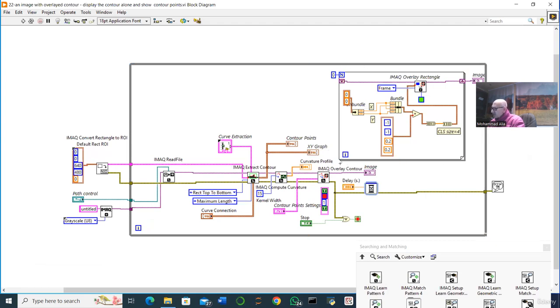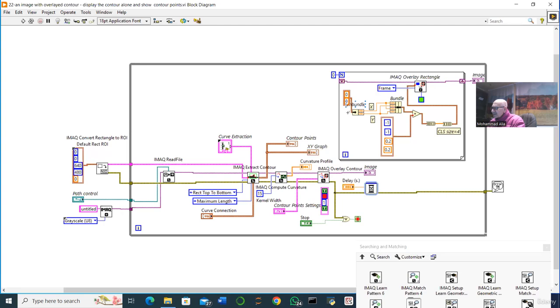This is sometimes required, especially if you have another contour which is not realized by using IMAQ extract contour. For that, we need to connect the output of the contour, which is the array of clusters, to the